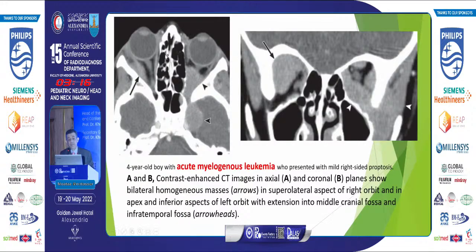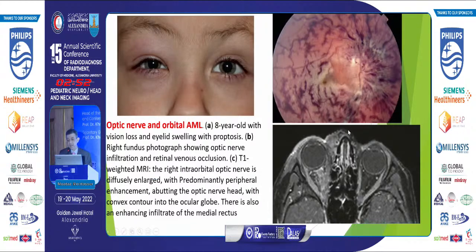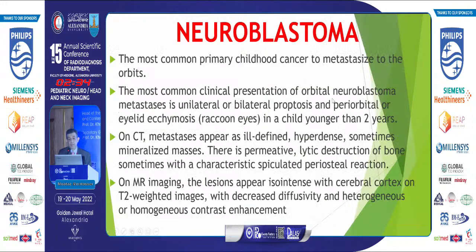There is an example of CT showing bilateral leukemic infiltration or chloromas involving the intraconal region and extending through the superior orbital fissure to the middle cranial fossa. Also here, the lateral aspect of the globe, and extending to the infratemporal fossa. Also, it can be very subtle, like in this case, MRI fat suppression T1 post-contrast shows perineural or optic nerve involvement, as well as involvement of the medial rectus. Also, the fundus shows retinal vein thrombosis.